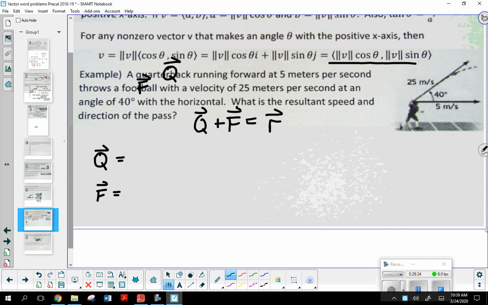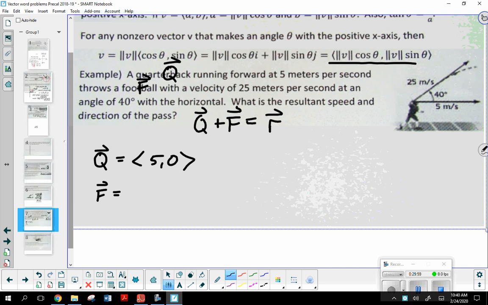Yeah, the quarterback. Because if I'm looking graphically, he's running horizontally, right? We're going to go ahead and believe that the ground is nice and even for this. Okay. So he's running 5 meters per second. So if we're going to go ahead and draw it to the right, what would his component form be? 5 comma 0. There we go. Now, there's nothing saying that you couldn't set up a diagram where he's running to the left, depending on your perspective. If that's the case, then it would be -5, 0. Remember, it works just like an ordered pair.